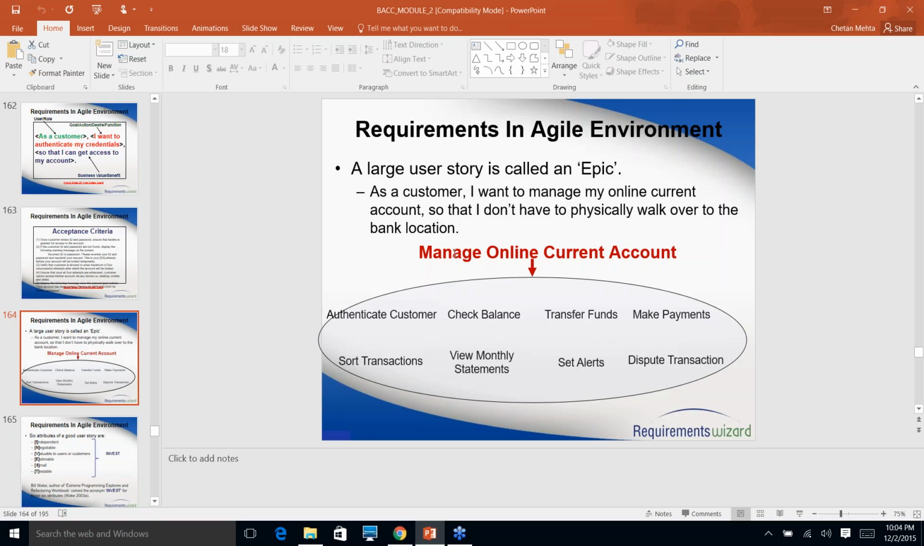So here I'm saying manage online current account. You can authenticate the customer, check the balance, transfer funds, make payments. You can do the sorting, where you sort your transactions based on the dates or based on different types of transactions. You can view your monthly statements. You can set alerts. So each one will be its own story,